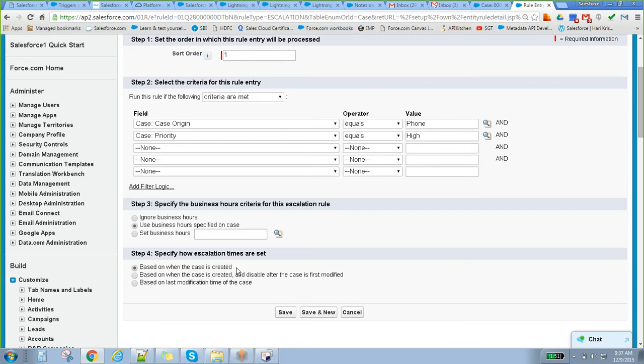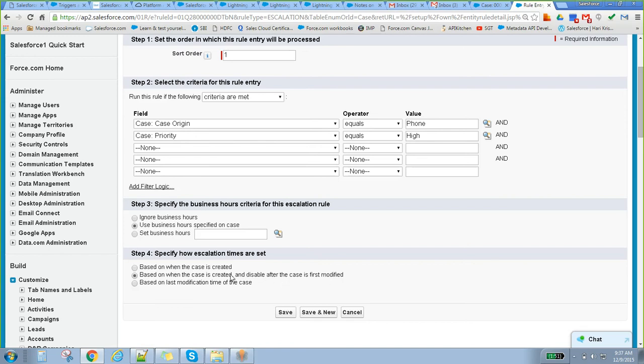If you select the last option, let's say I have created a case and after 1 hour I am modifying it. Now it will take from the modifying time, and 6 hours after that. If you select based on case created and disable after the case is first modified, it will count from the case created time.